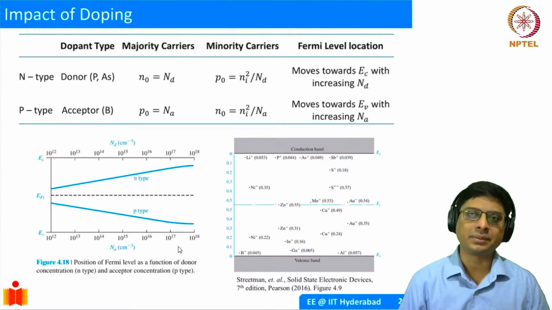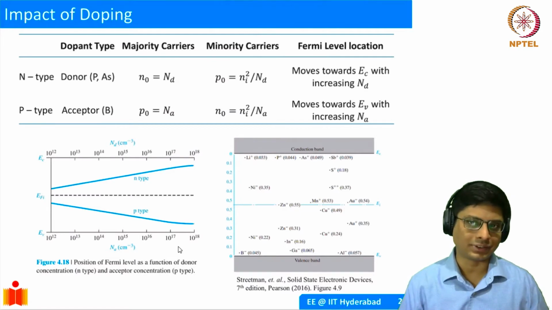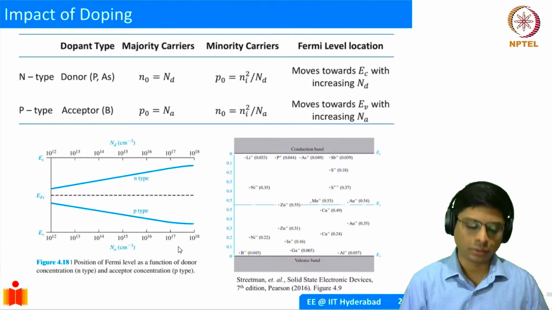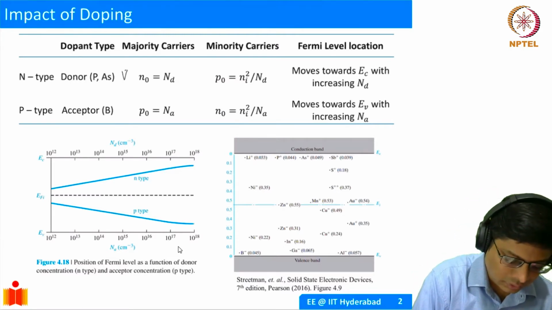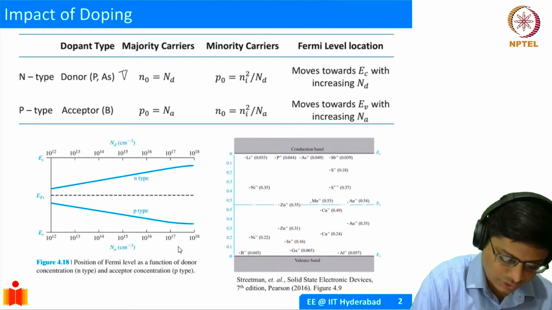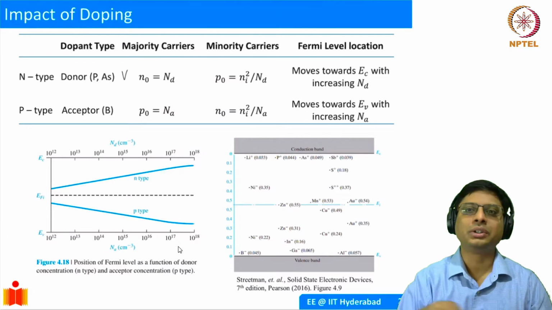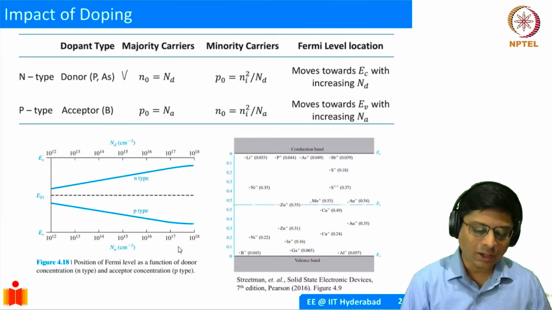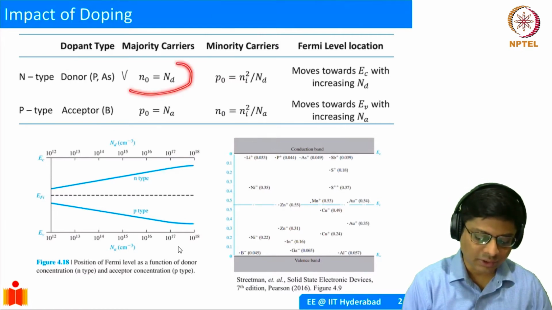We get N-type semiconductors when we introduce donor atoms into the lattice. For example, it could be arsenic, it could be phosphorus. These are group 5 elements, and so they have 5 electrons in the outermost shell. So that single additional electron is going to go into the lattice and then it will contribute to electrons. And so we have majority carriers as electrons in an N-type semiconductor, and the concentration of electrons would be